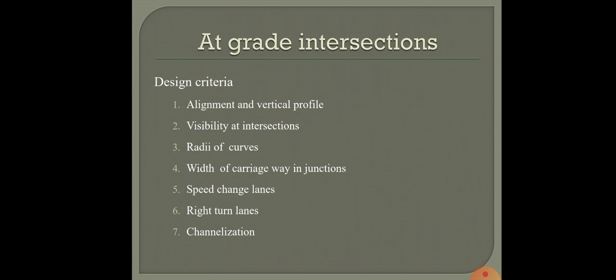And also other requirements of at grade intersection design are the area of the conflict. Like I told you, just to summarize, the area of the conflict should be minimum. Then the relative speed and the angle of approach should be comparatively small. And then the sudden change of the path has to be avoided. And also the geometric features like the radius, the width of the pavement, etc. should be adequately provided. Then proper signs should be provided, that is in channelization. Then separate provision should be made for the safe passage of pedestrians as well as cyclists. And then of course adequate visibility should be available for vehicles that are approaching an intersection.